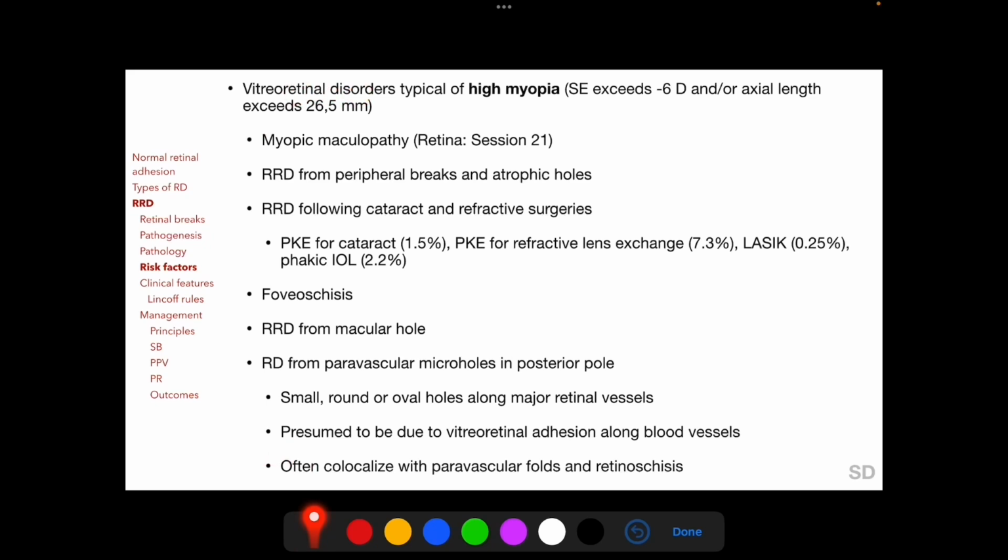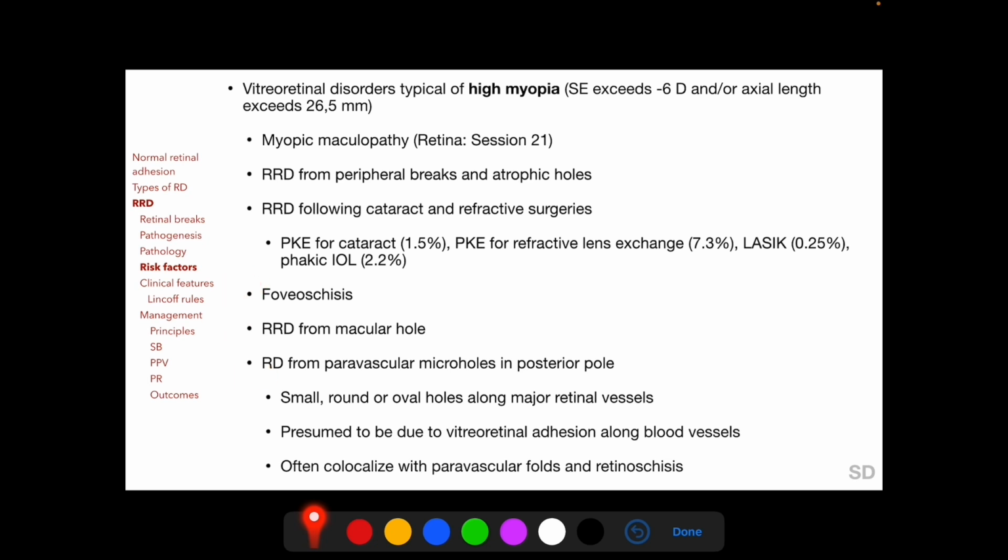Vitreoretinal disorders typical of high myopia include myopic maculopathy such as posterior staphyloma and myopic macular degeneration, which we have discussed in an earlier session, RRD from peripheral breaks and atrophic holes, and RRD following cataract and refractive surgeries, both of which have a higher incidence in myopic eyes as compared to the general population, and three entities which are